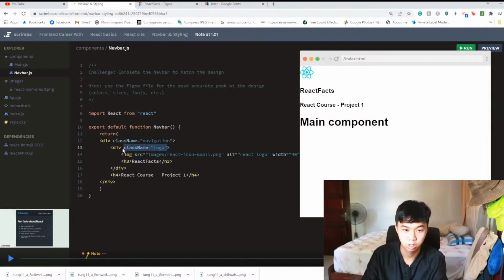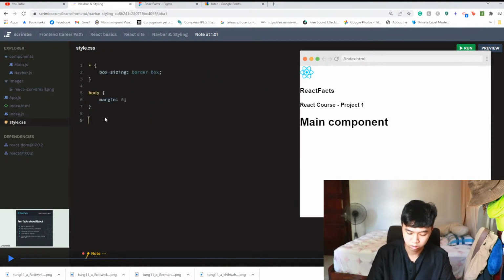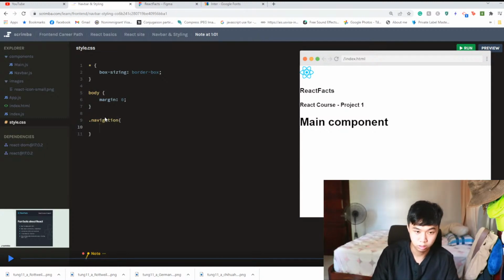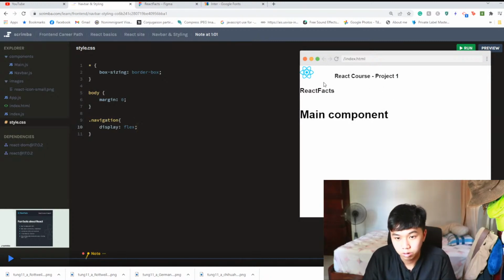Okay, we don't need this. We run and we do this, dot navigation. It's going to be display flex, right,